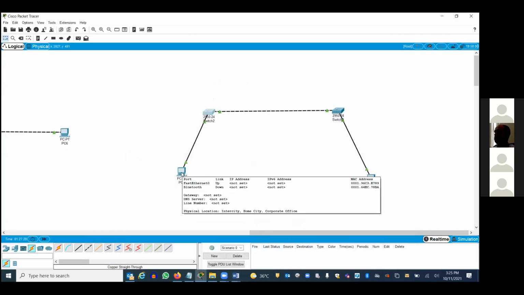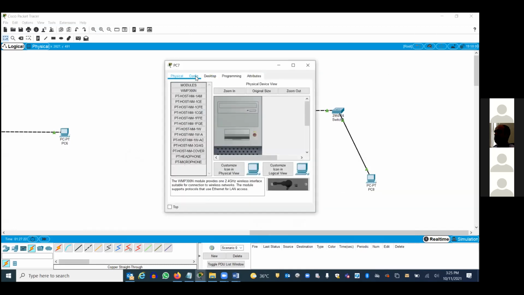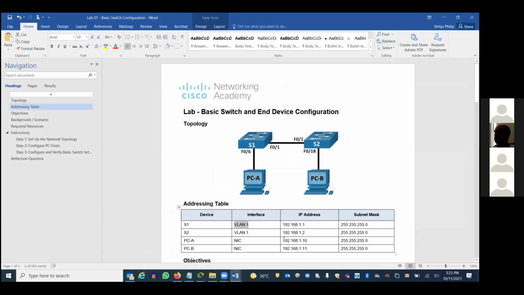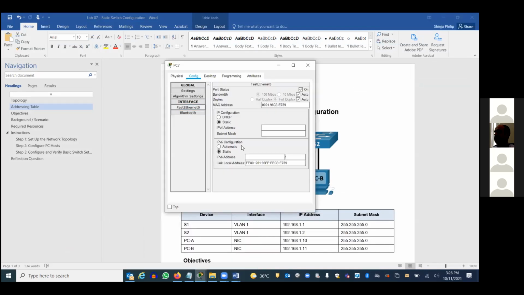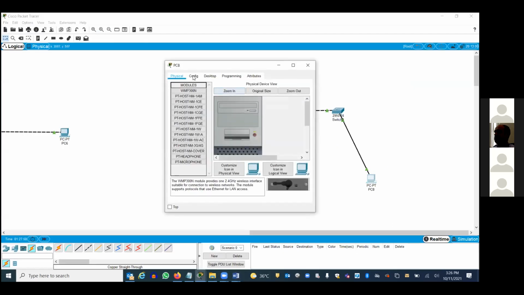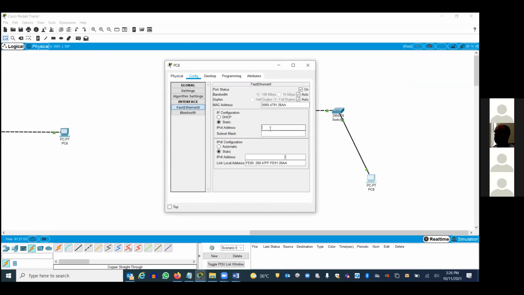So what IP address should I put here? Go here, config, fast Ethernet. 192.168.1 dot, 1 is for a switch. Let's put it 1.10, right? Correct? 192.168.1.10. Go to the other PC. 192.168.1.